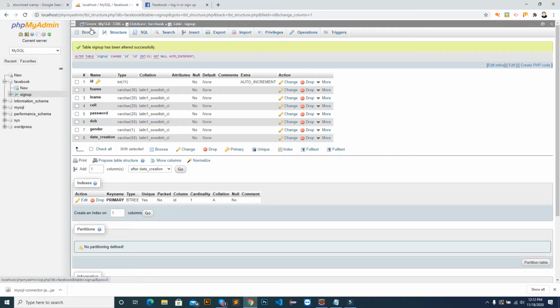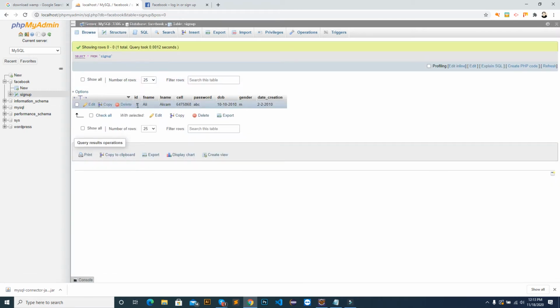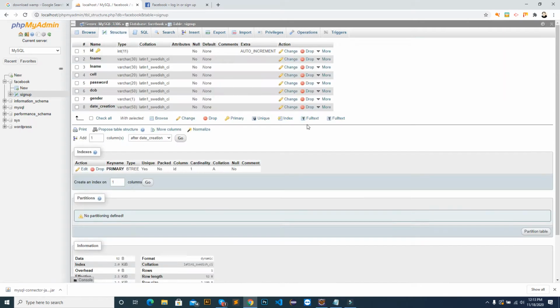The first is 1 that we have entered, and when we insert the second record, the database will assign ID as 2, 3, 4, 5, 6. So we don't care about the ID. It will be auto incremented. That is why it is auto. If you go to structure and see, this is auto increment, right? Auto increment means the database will automatically assign the ID.